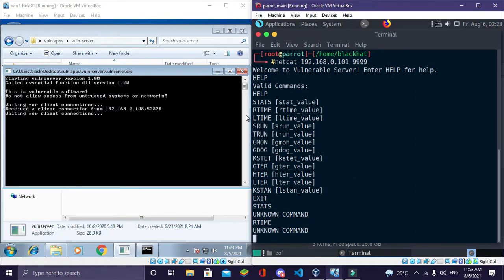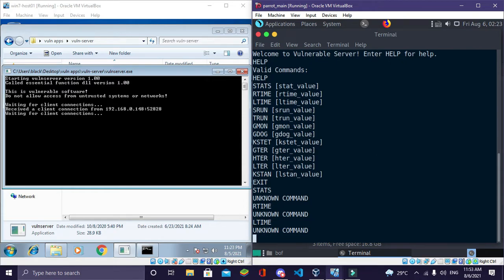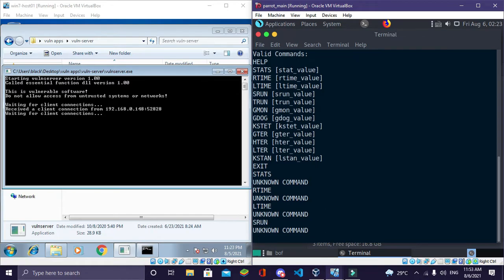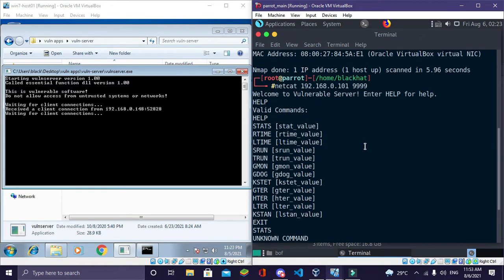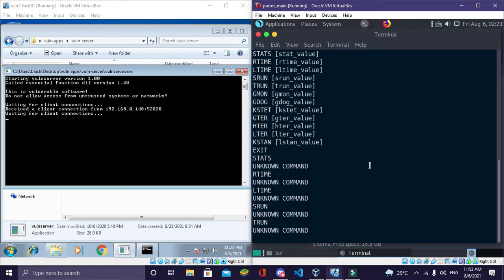Maybe these commands are not configured in this server. Let's try srun, unknown. trun, it is also unknown. So this app gives out unknown command when we enter these commands.